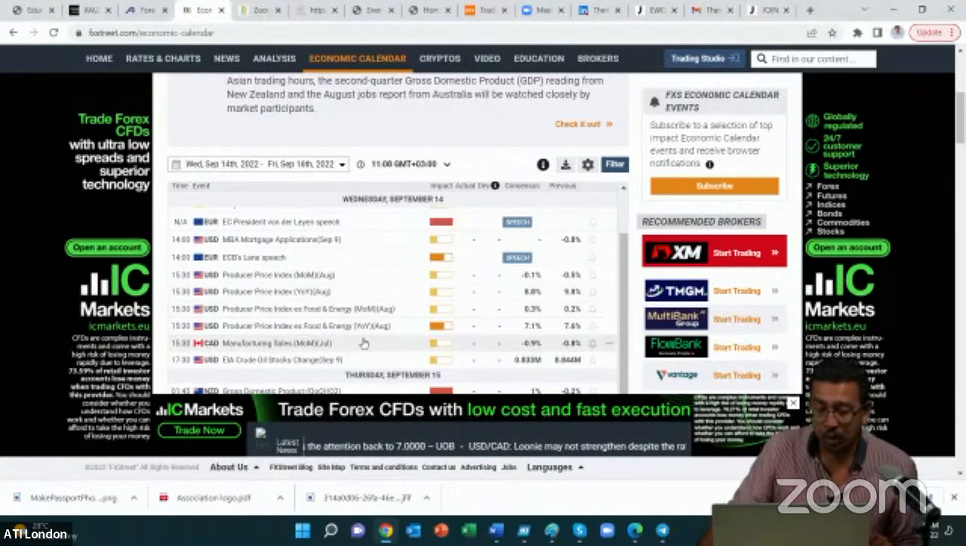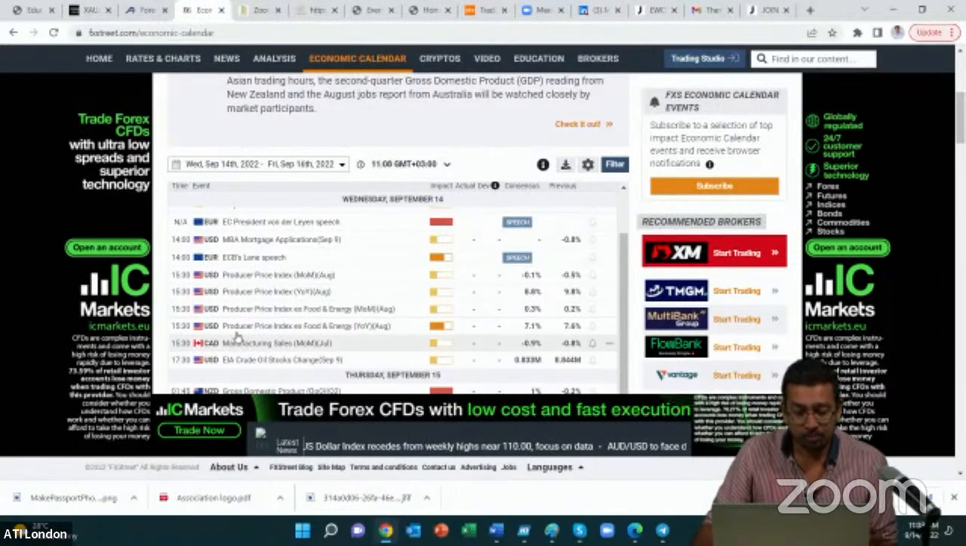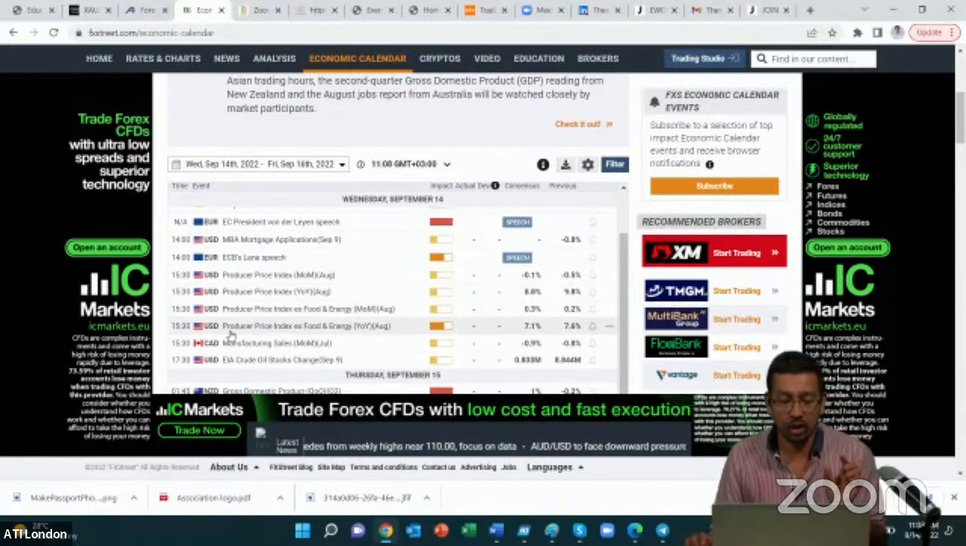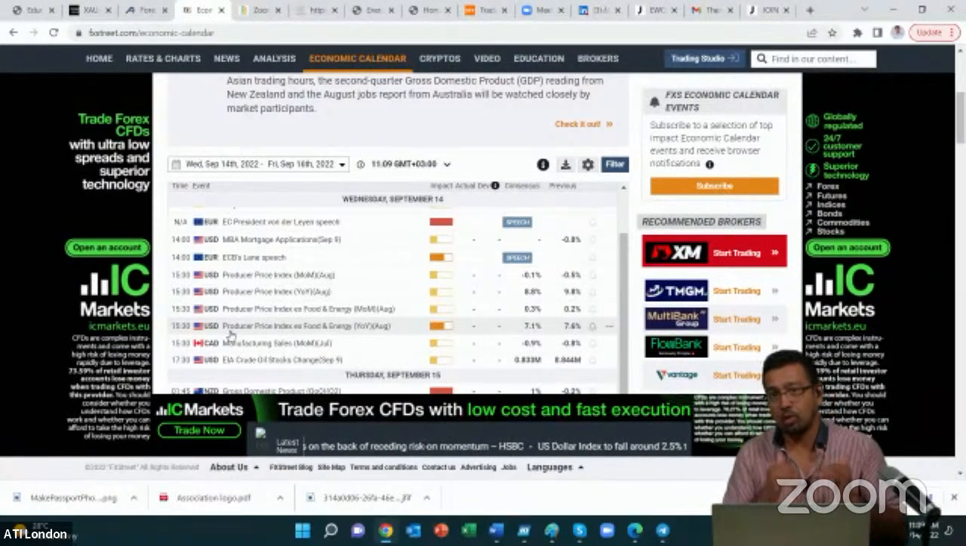So here we can see that we have got the EC President speech, and that has been categorized as a high impact news, creating a lot of potential volatility as well. And then we have got the Producer Price Index, categorized as well with the ECB's Lane speech. Now, the ECB's Lane speech, which is the second speech after the EC President speech, is categorized as medium impact, but I would hike that up to categorize it as high impact as well, mainly because of how